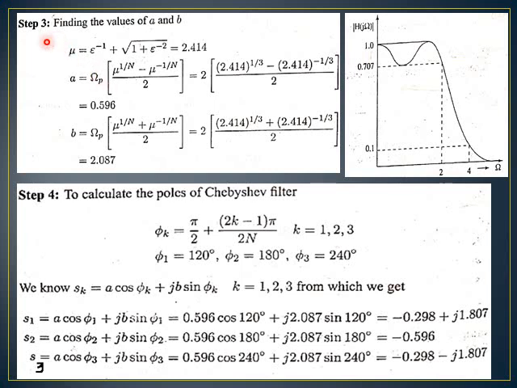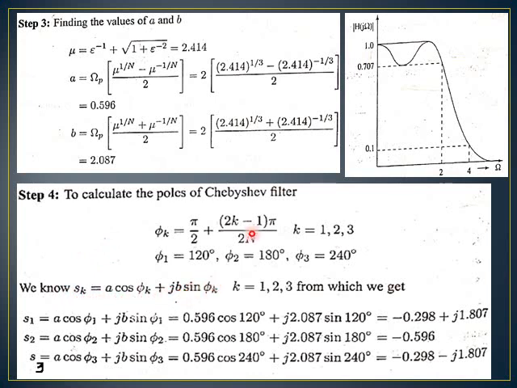So in step 3 we need to find the value of a and b. We have seen the formula for mu, a and b, and we have seen how you substitute and get the answer. So this is how you get the value of mu and the values of a and b. Now in order to calculate the poles of the Chebyshev filter, we need to use the formula for phi k so that we can get the value of sk as sk is equal to a cos phi k plus j